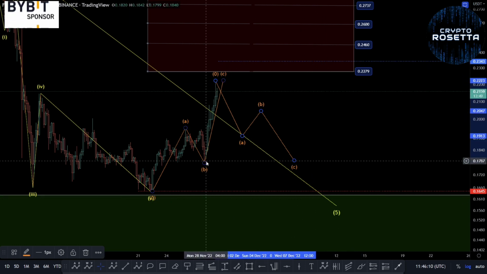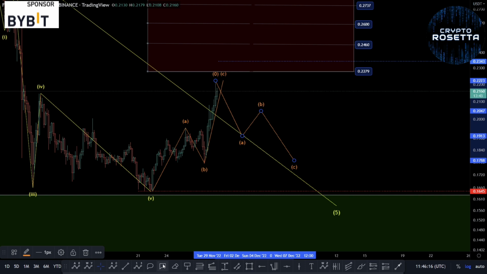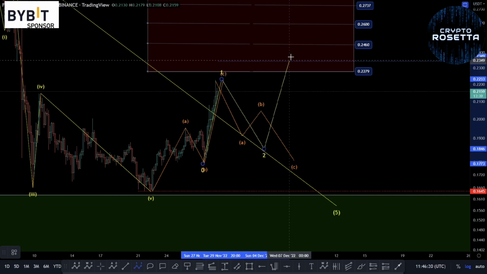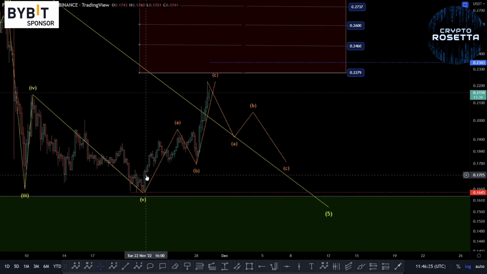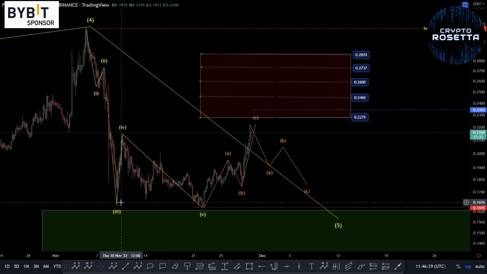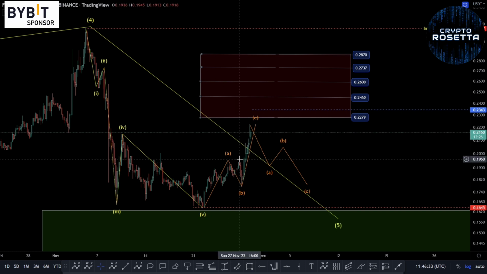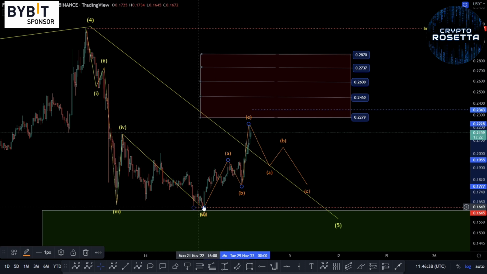If we stay above this 0.1772 area, there could be potential for an extension within here where we form a 1, 2, and then a 3, and then effectively we're just making a bigger 5-wave structure. So like we were saying, if we look at this as a 4th wave, this could potentially be complete, but looking at the stochastics and just the general market conditions, I don't think that this is the case.